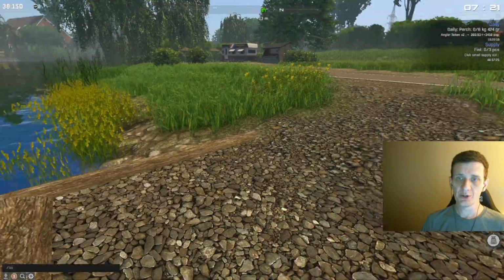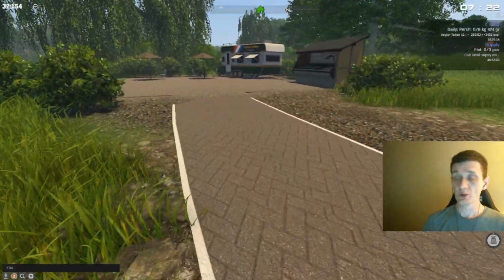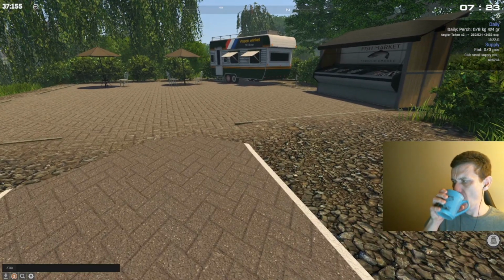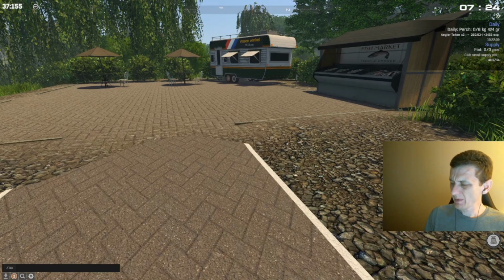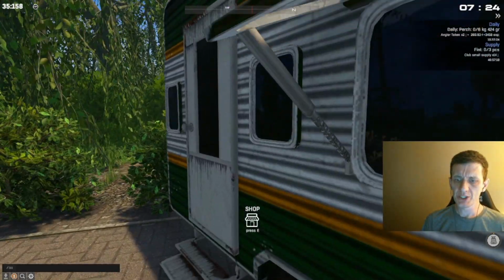So I thought we would try to do this perch daily if we can do it pretty quickly. I kind of feel like going back to the starter pond and seeing if we can't work on some silver metals there. That just kind of seemed like a fun thing to do, but we'll see. The other thing I want to do...